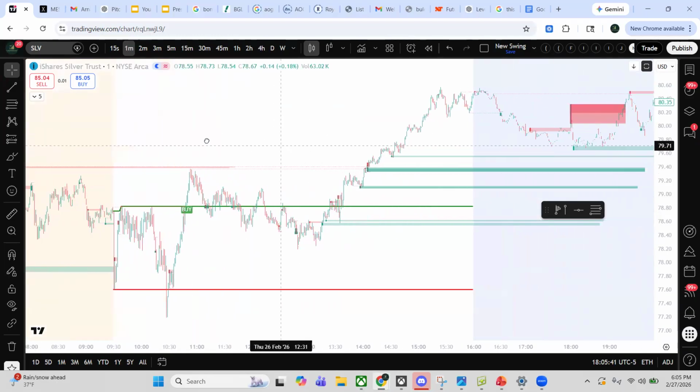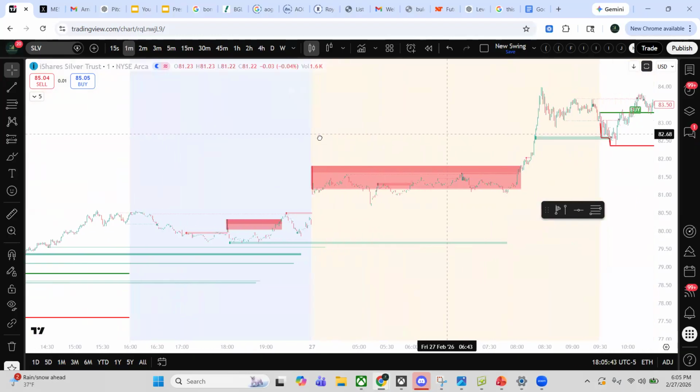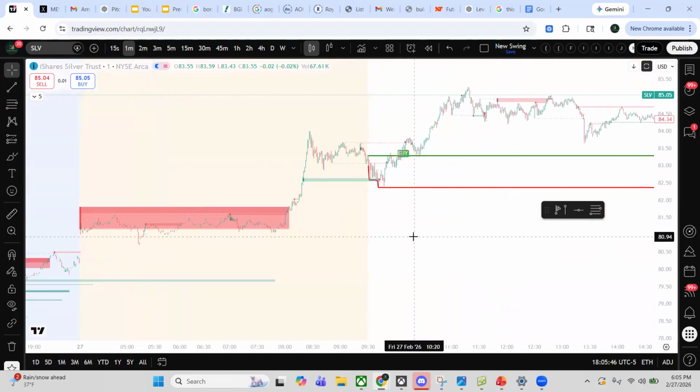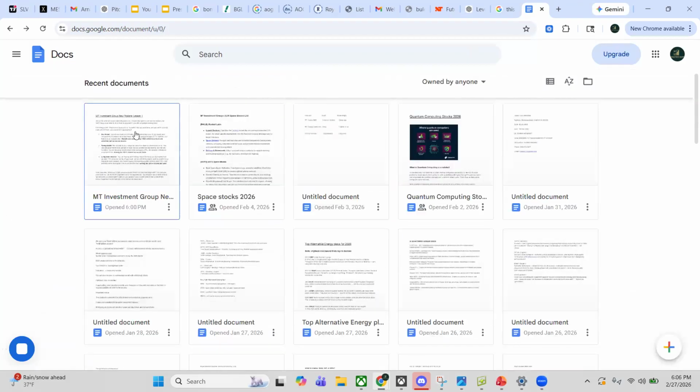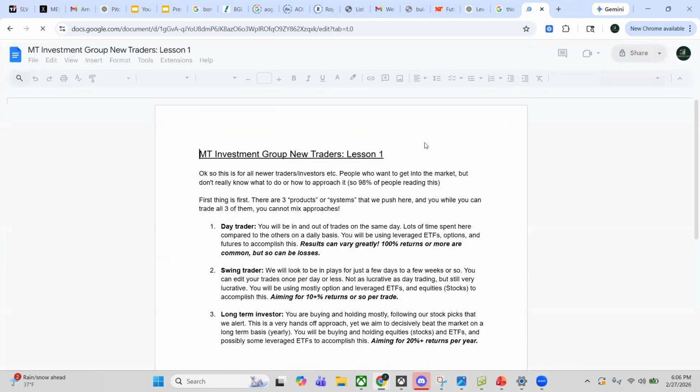Okay, no problem. For stocks, or when I say stocks, what I really mean is stocks, leveraged ETFs, and options. Okay. Because essentially, and I was trying to find it, I don't know where it is. But the difference between